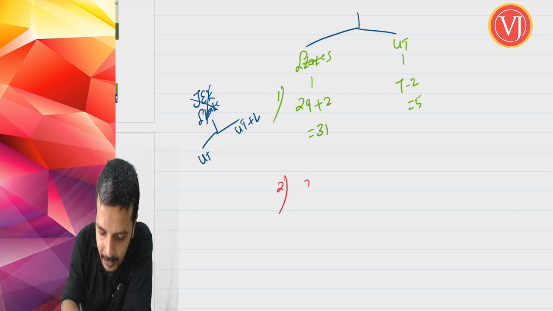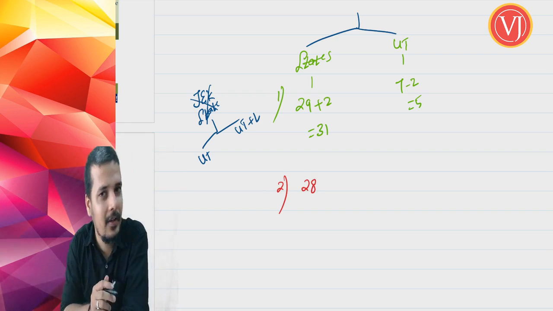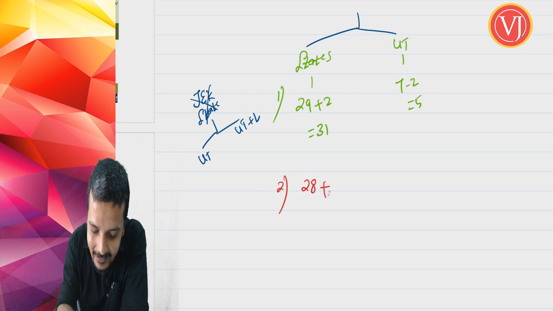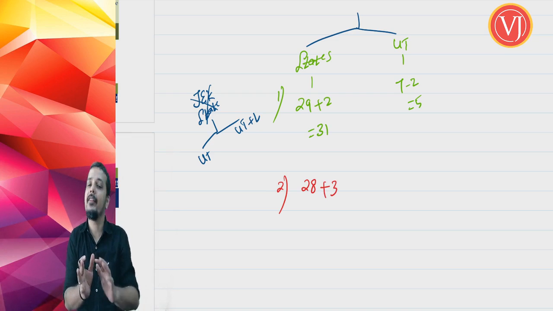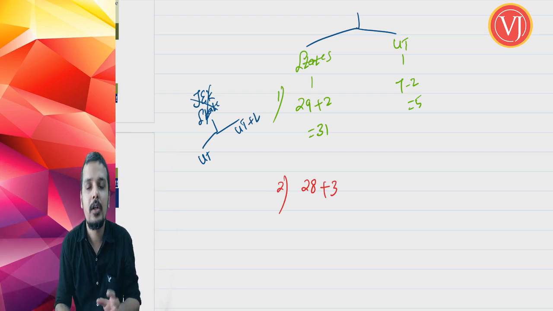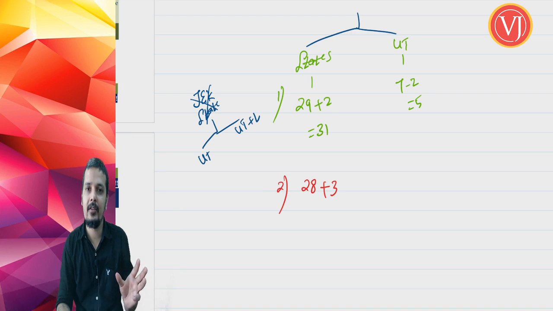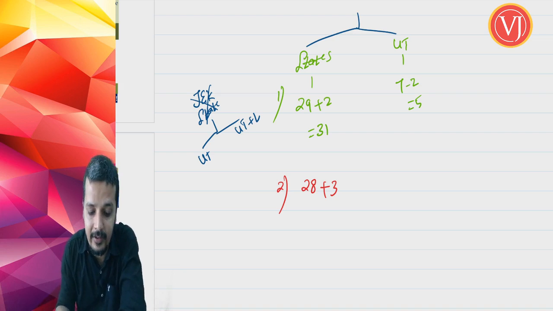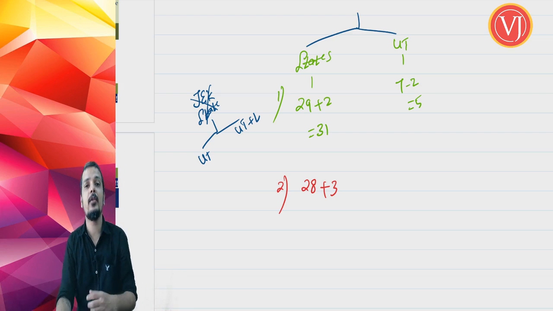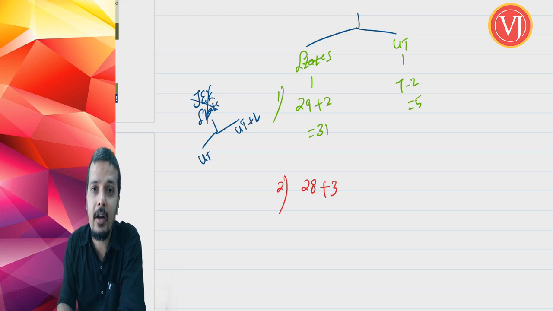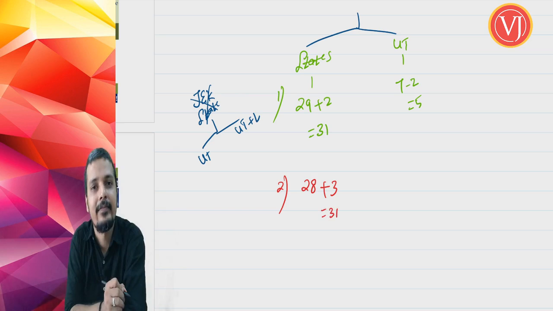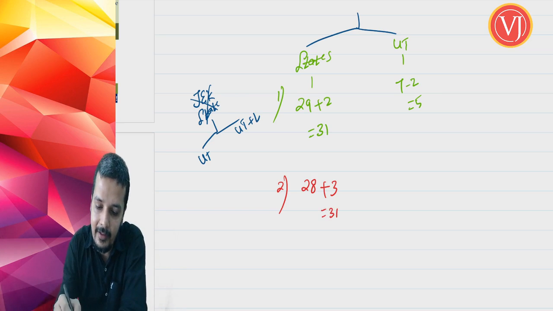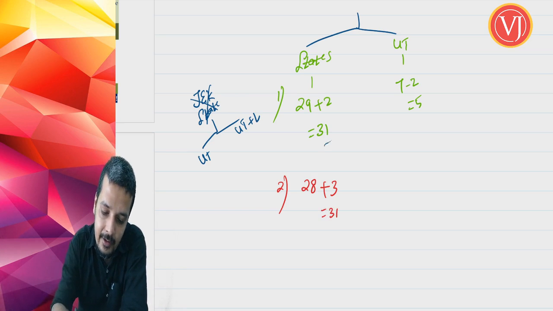The end result would be 28 states. Why? Jammu and Kashmir is no more a state. Simple. Plus 3. Why plus 3? Jammu and Kashmir state is no more a state. Now it has been divided into two. What is the bifurcation? One is Jammu and one is Ladakh. One is with legislature, one is without legislature. So 28 plus 3. Now in addition to Delhi and Puducherry, you will have one more union territory of Jammu and Kashmir which is with legislature. So 28 plus 3 which will be equal to 31. Right. So the answer remains the same.